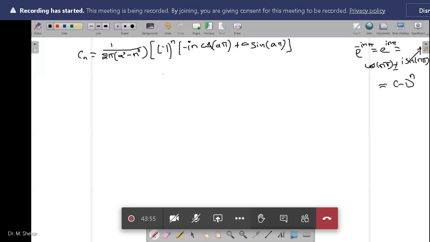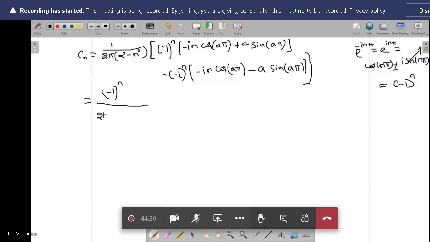Next, the lower limit: (-1)^n into -sin of... cos of minus theta is again cos theta, so cos a pi, whereas sin of minus theta is minus sin theta, so minus a times sin of a pi. If I miss any terms, please check and inform. So that will be again (-1)^n is common, so this is (-1)^n whole